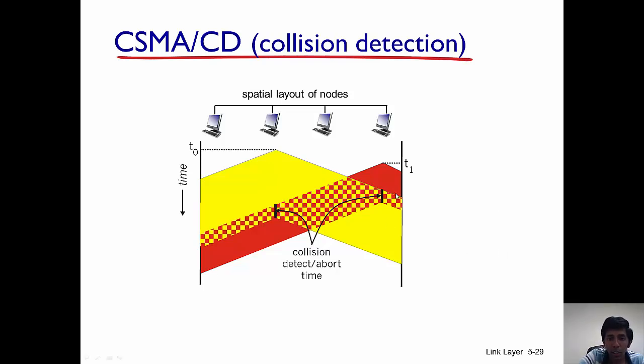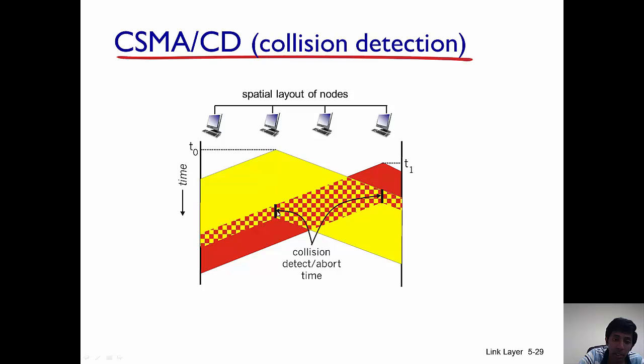What happens is you can see here that the collision occurred at this point in time. However, none of the nodes realized that there was a collision because the signal had still not propagated. Sometime later, this node here realizes that there has been a collision. Okay, this is the time. This node realizes at this point in time that a collision has occurred. So it can abort its transmission at that time, because even if it transmits its packet, that is not going to be useful.